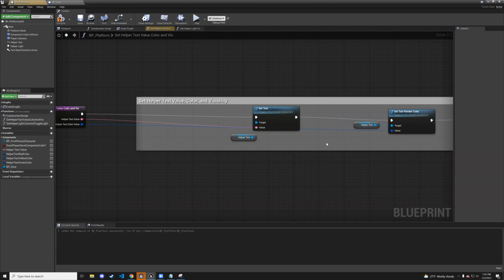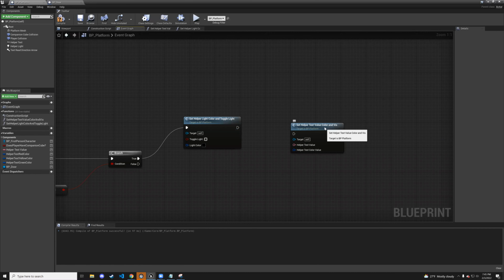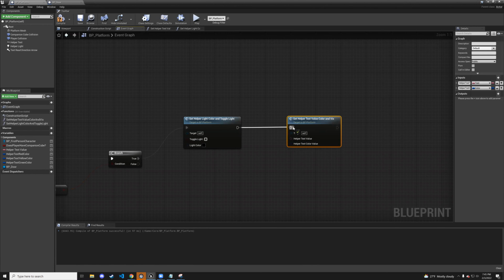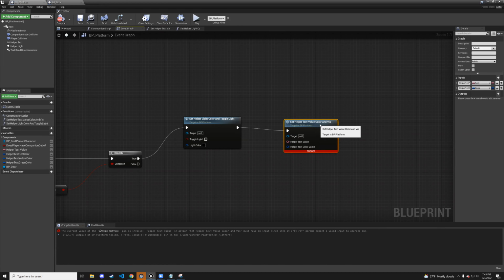Oh, did I miss the visibility? What did I do wrong here? Oh, we'll fix that. So we'll connect these for now. That's fine. Compile and save, and it's giving me errors. Why is it giving me errors? Oh, because I don't have any values set there. Okay. All right,